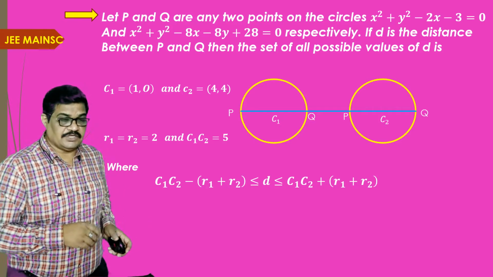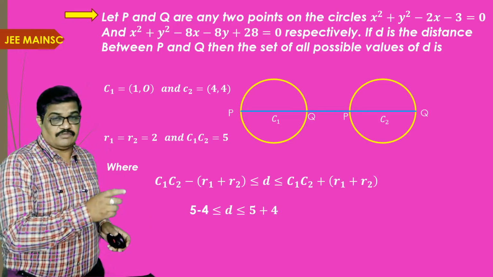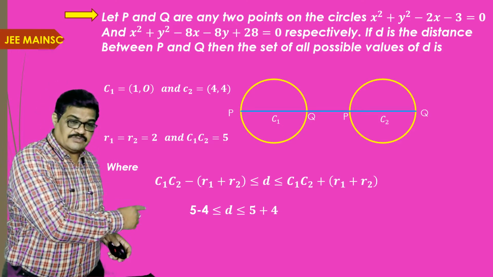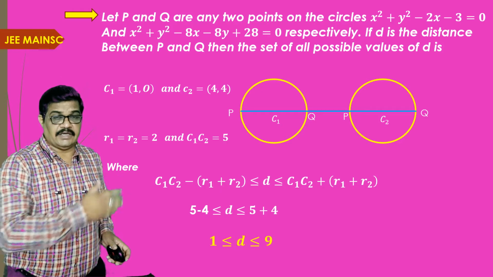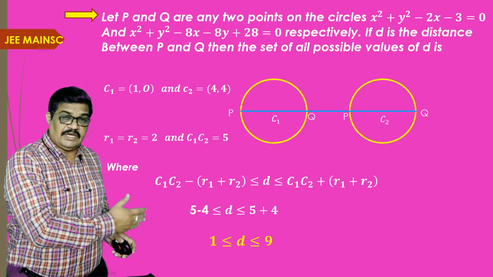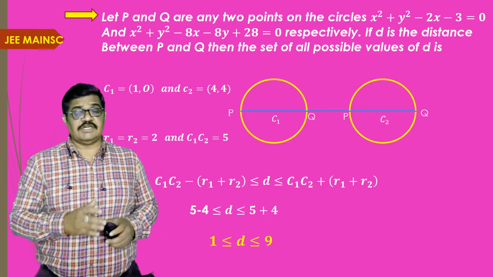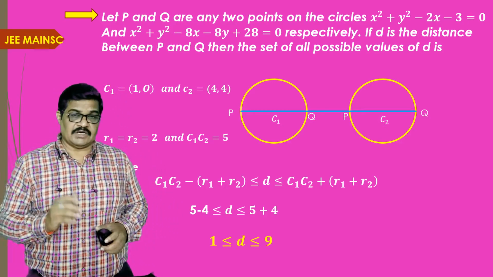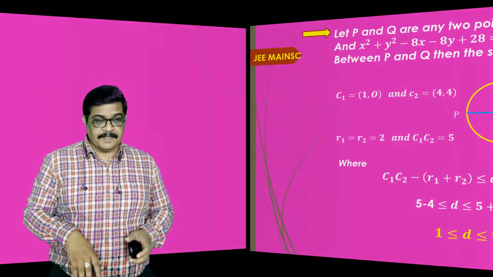Okay. Here C1, C2 is 5, R1 plus R2 is 2 plus 2, that is 4. So 5 minus 4 less than or equal to d less than or equal to 5 plus 4. From that we are getting 1 less than or equal to d less than or equal to 9. So that is the boundaries of the distance between P and Q. That is the answer: 1 less than or equal to d less than or equal to 9. Next one is